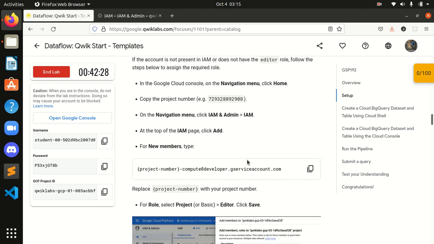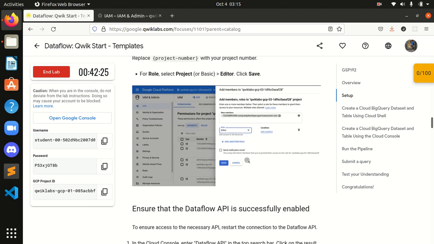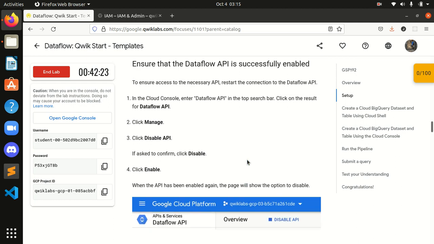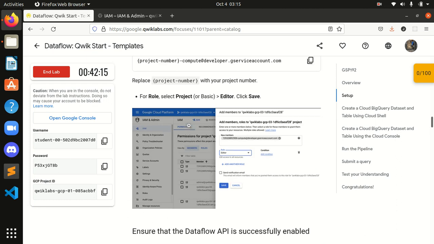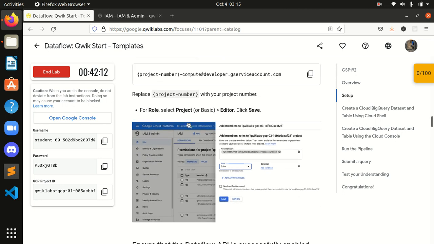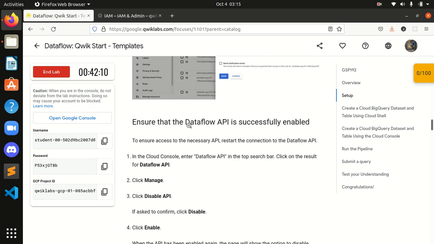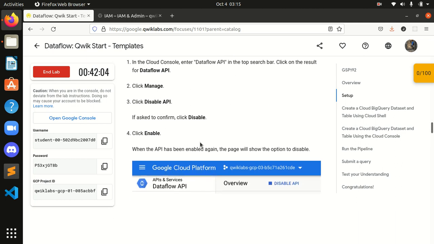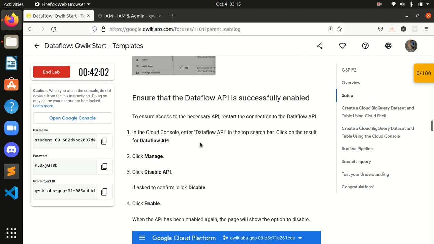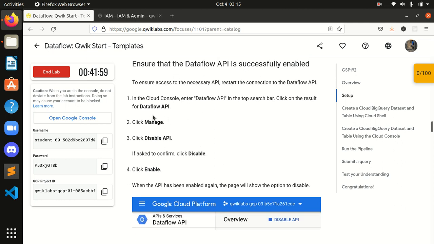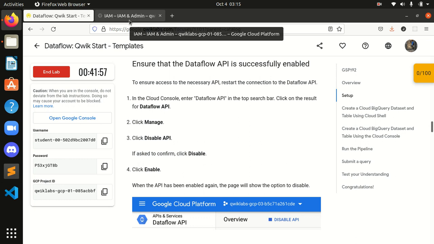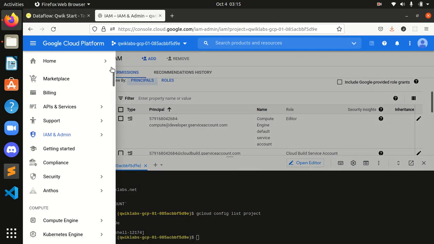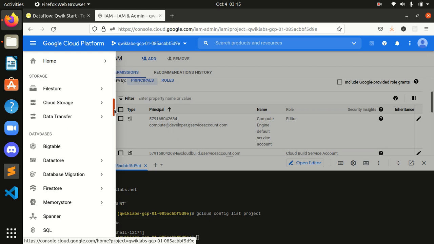Okay guys, we're done with this. Now you can ensure these things. We have to ensure the Dataflow API is successfully enabled. We need to check this. In Dataflow API, click manage. Here I will go and select Dataflow over here.